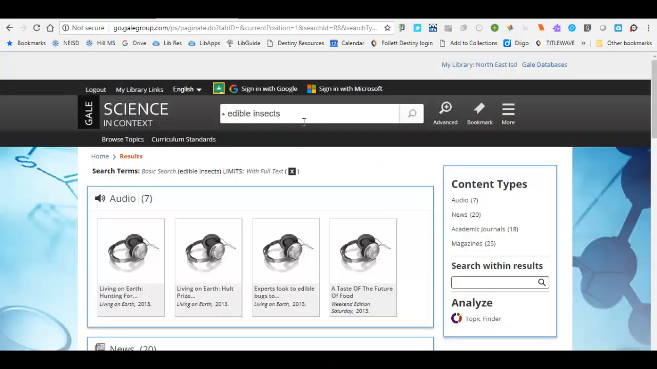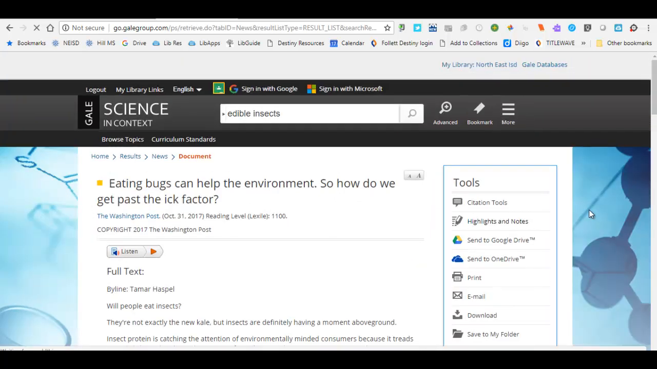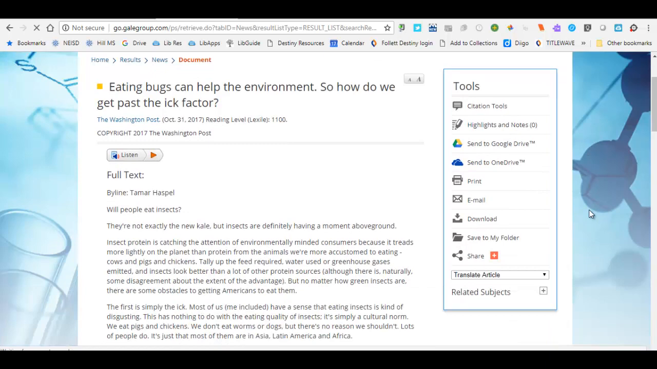So I'm going to do a search for edible insects as my example, and in my results, I'm going to look in news articles. So I see this link right here for this particular article. Once I browse the article and I decide it's an article that I want to use to take notes on